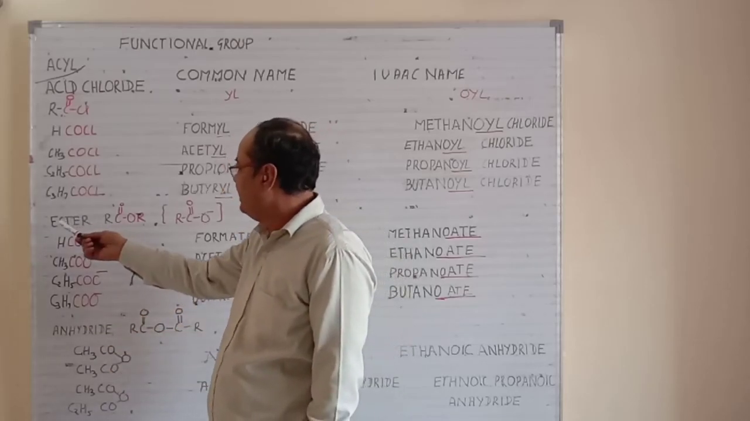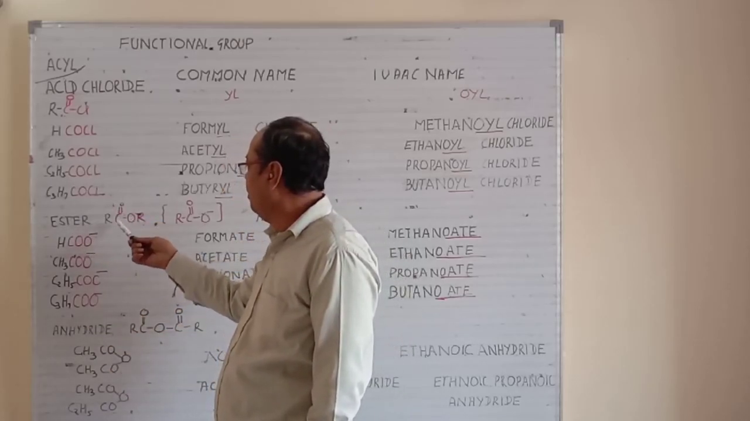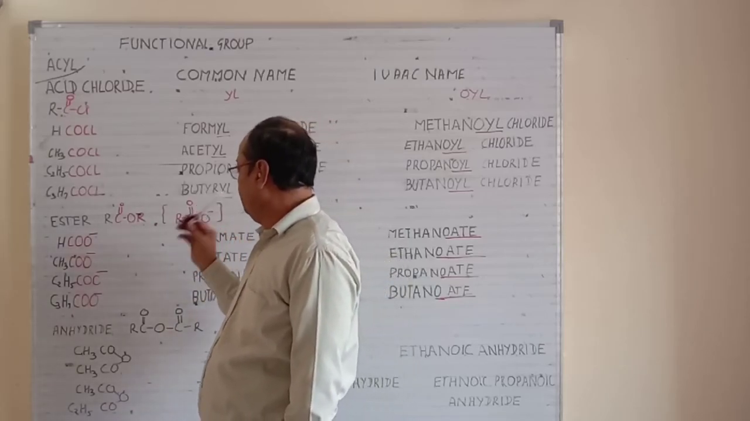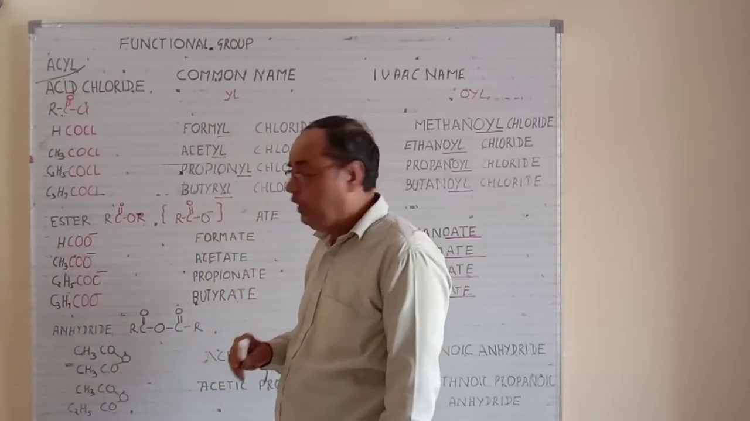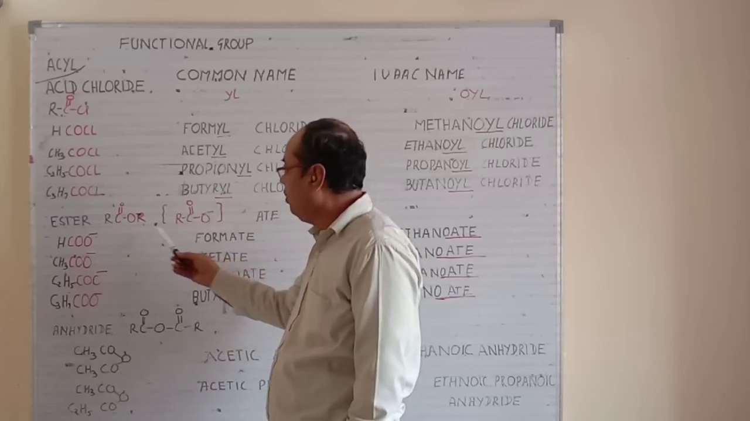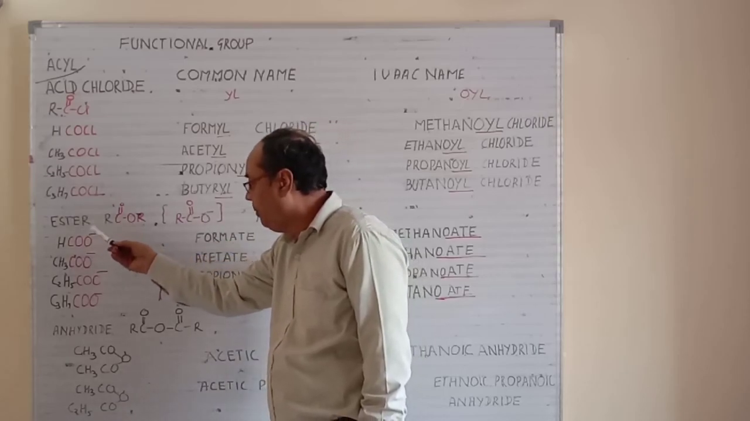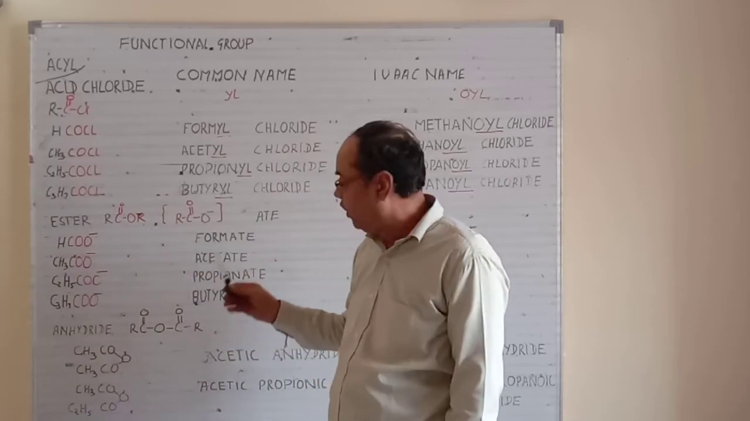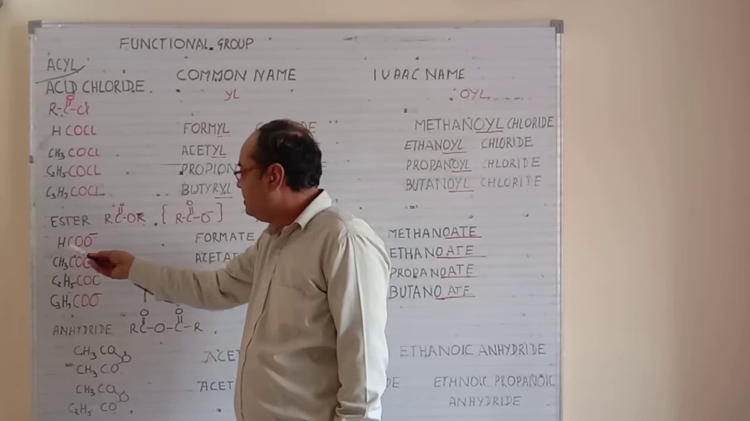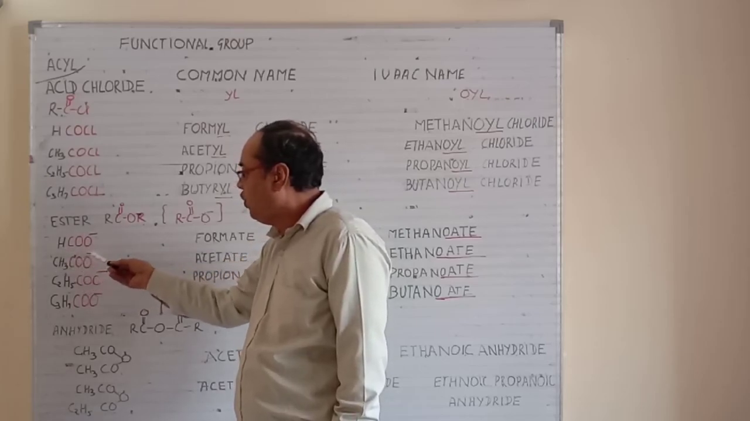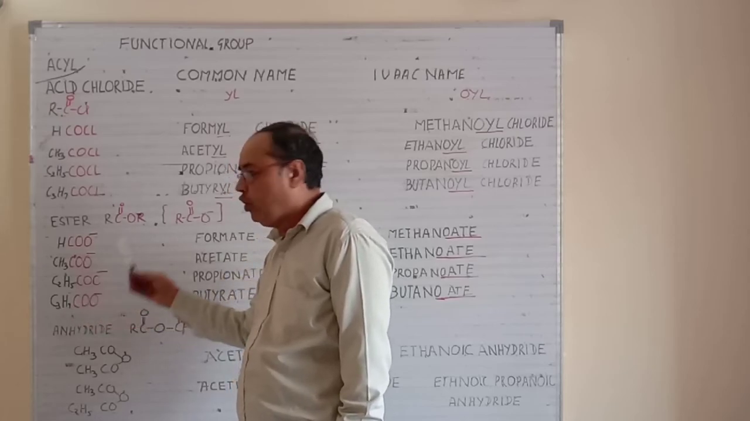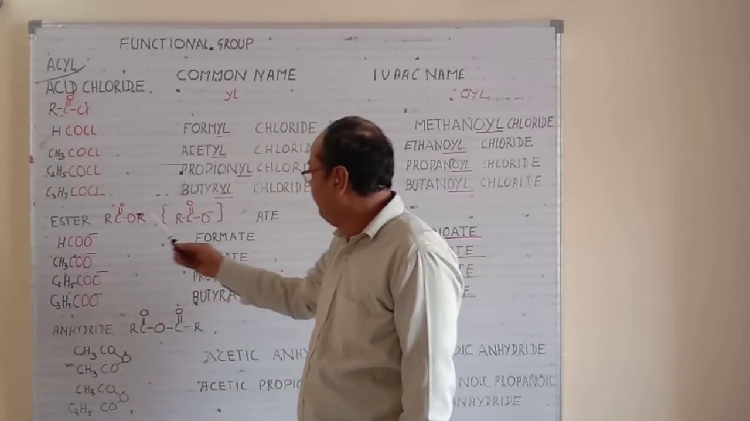Now the next member is ester, whose structure is RCOOR. So this will include the naming. Right now I am telling the naming with RCOO. I am not telling the whole naming of this. First you understand this group, how they are formed. By removing this R, we will get HCOO minus, CH3COO minus, C2H5COO minus, C3H7COO minus. So for this name we have to use